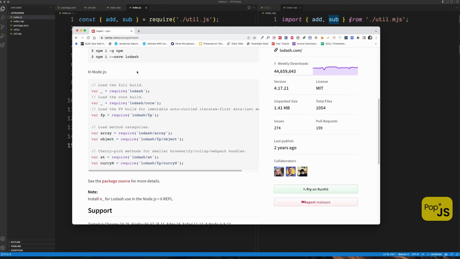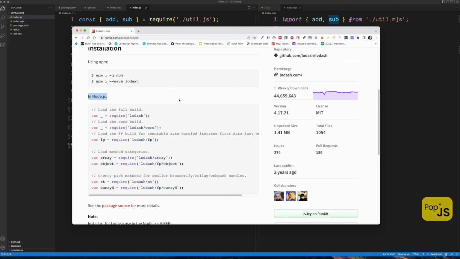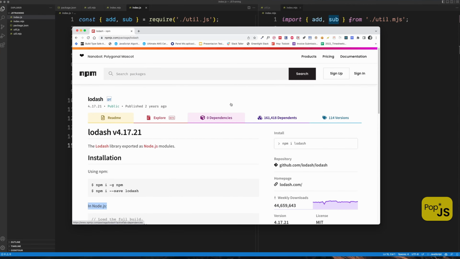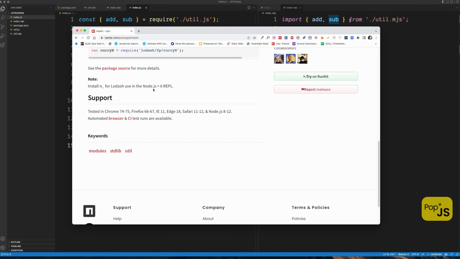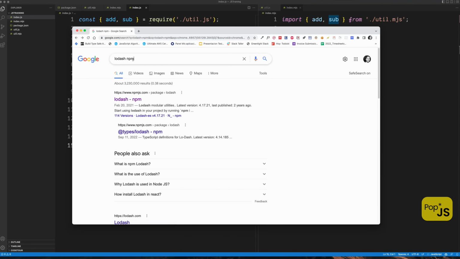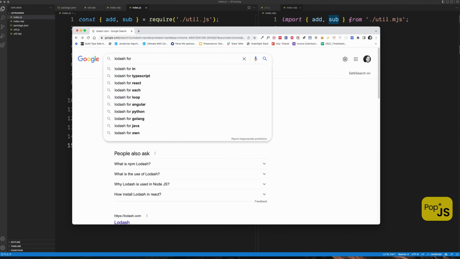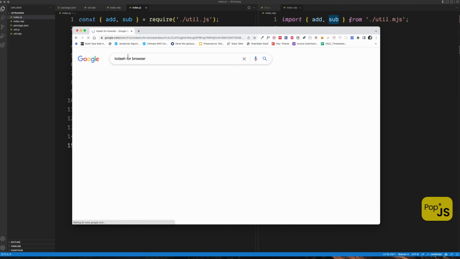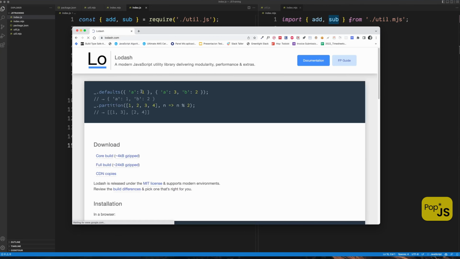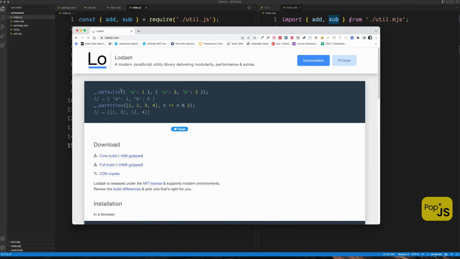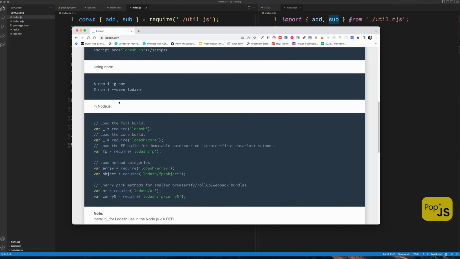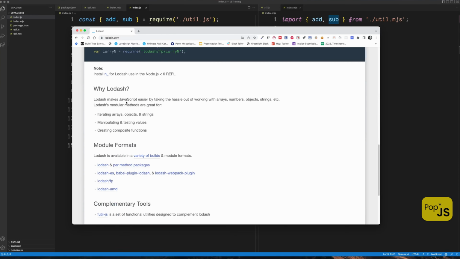So this is for Node.js. That is why you see this. Actually, when you're using Lodash, you can also use import. This is because this is from Node.js. So Lodash for browser. Let's go to lodash.com and look for the documentation. And right here, let me look for the